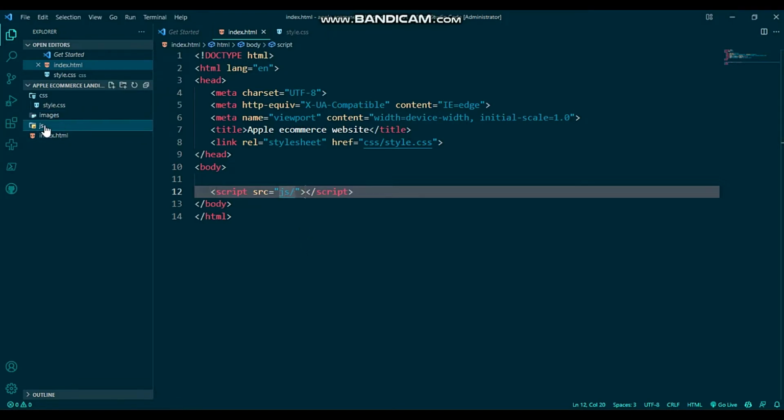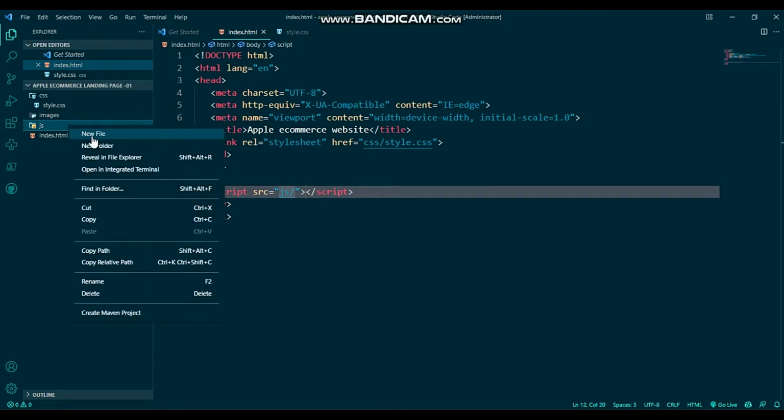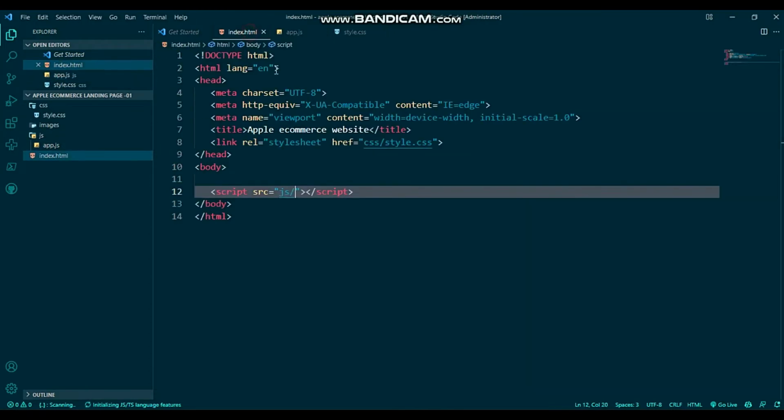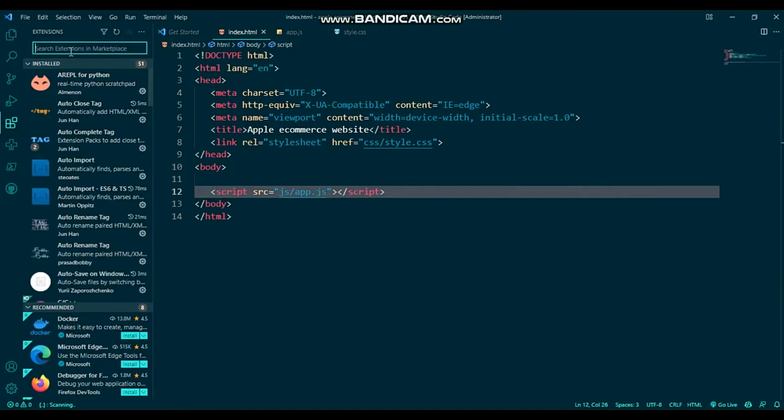I have created inside the js folder, and I'll create another file, this dot app.js. Okay, that's it. And just type here app.js. So at first, I'm going to show you how to set up your extension like that,